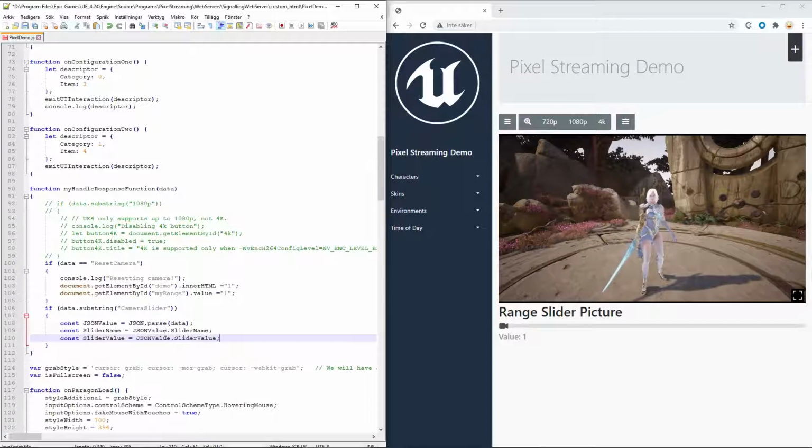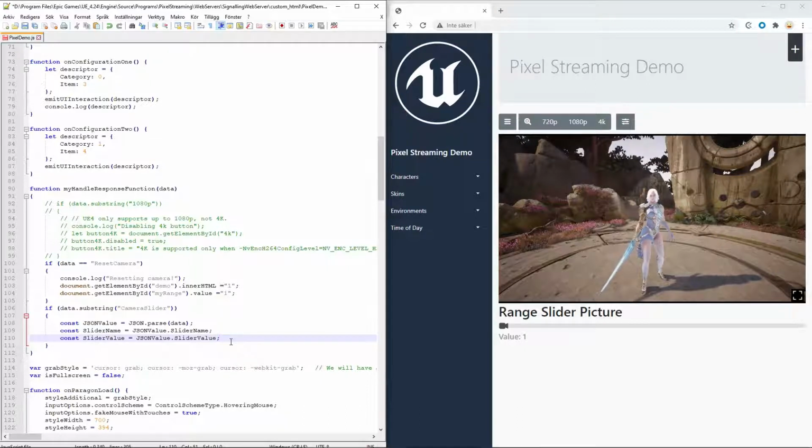So if I have written this correctly, this is the list of JSON data that we sent from Unreal. This is the slider name, and this is the slider value.